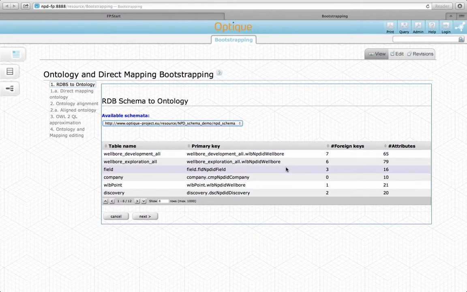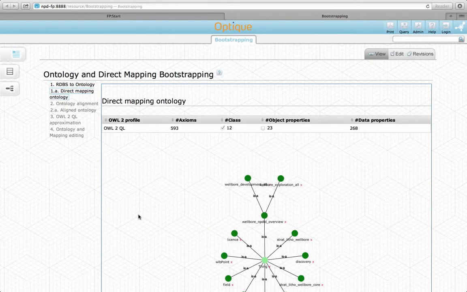Tables will be directly translated into ontology classes, while columns will be represented as ontology properties with corresponding domain axioms. Note that foreign keys will be translated to object properties with domain and range axioms. Table attributes can be exploited to identify potential subsumption relationships between tables. We now perform the bootstrapping operation,